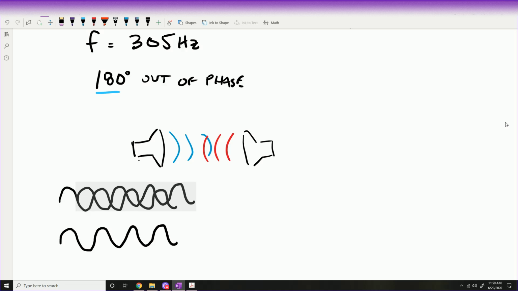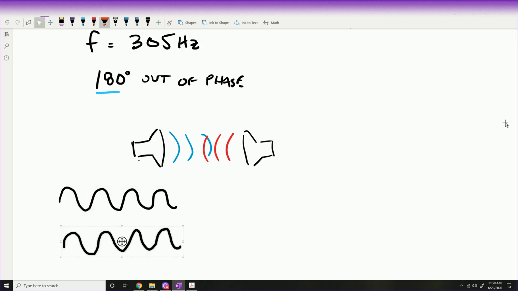This would cause total destructive interference. 360 degrees would be matching up again like this for the most part. Again, I just drew it freehand, so forgive me. So again, 0 degrees, 180 degrees, and 360 degrees. So we're at 180 degrees right off the bat, which means that we can actually, the question is basically how